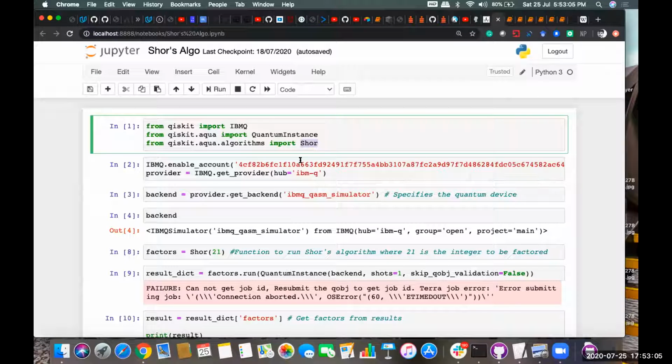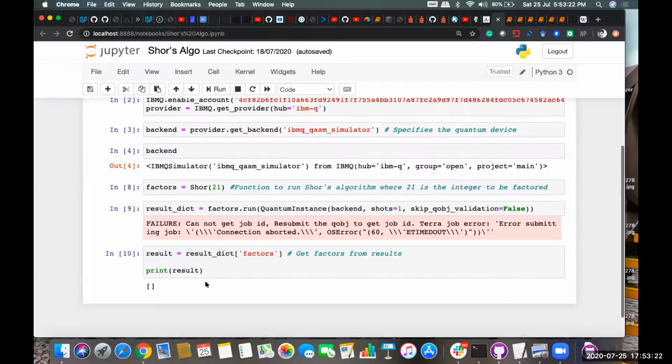Okay, so now, the last thing which I just wanted to call out again, we already have a pre-implemented version of Shor. So if you have to find the factors of a particular given number, you can just import Shor from the Qiskit algorithms module, and you can calculate the values.